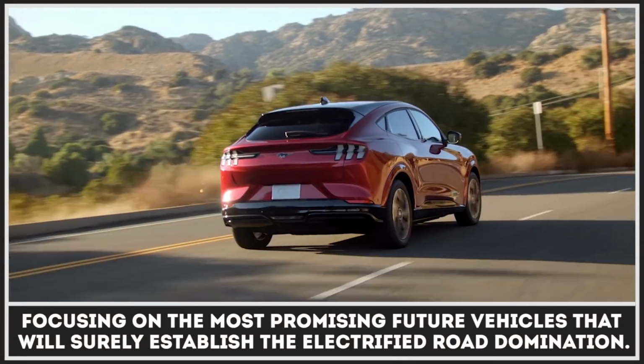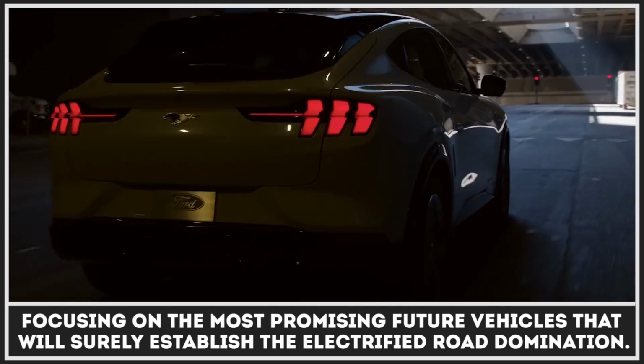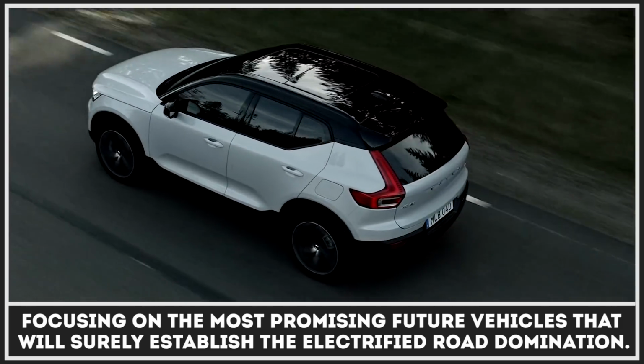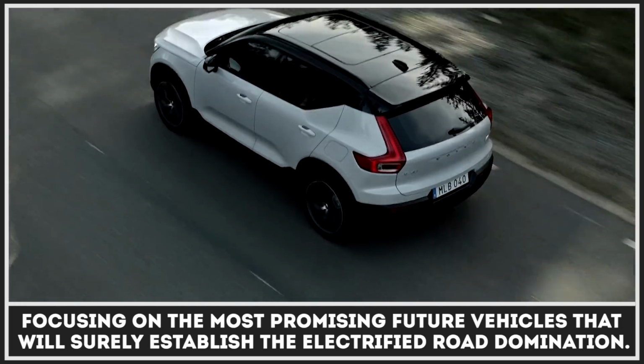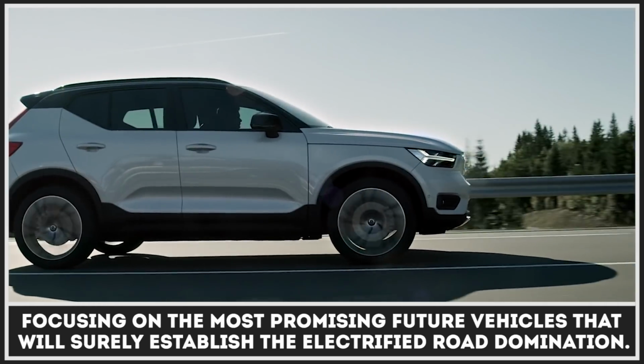While we are happy about the arrival of any newcomer within the electric cars segment, some models are especially highly anticipated by the EV fans. In today's episode, we will be solely focusing on the most promising future vehicles that will establish the electrified road